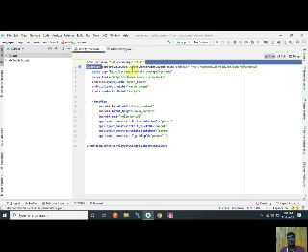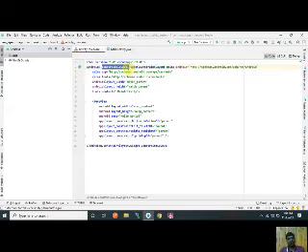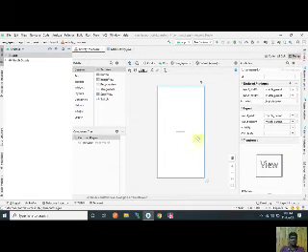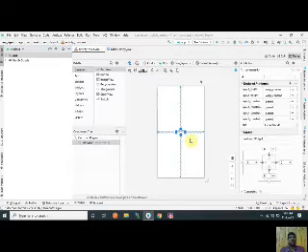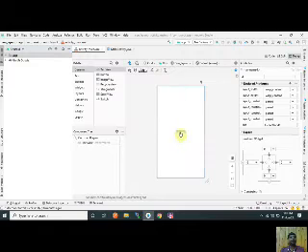So it is the default layout in Android Studio. When we create a simple empty activity, only a Hello World text view is open. So I delete this text view, delete.